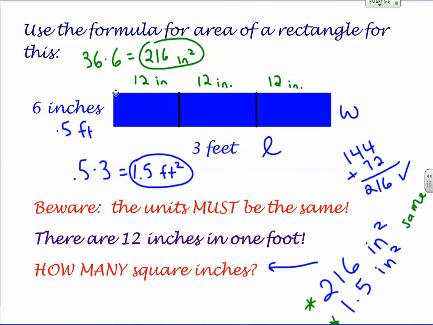So first of all, you change these 3 feet into 3 groups of 12, which is 36 inches, and it was 6 inches wide, and 36 times 6 was 216 square inches. And then I said, okay, now calculate how many